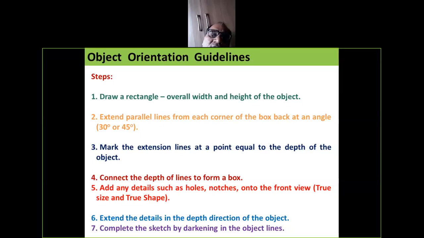Next, connect the depth lines. Next, add details such as holes and other frontal features.